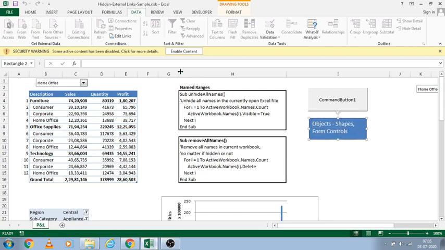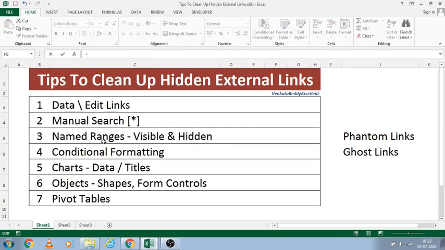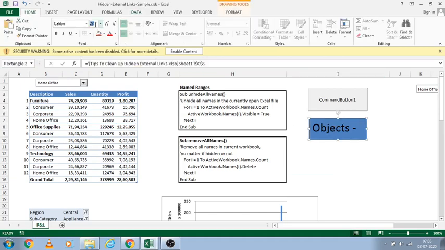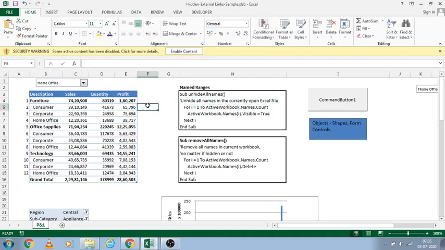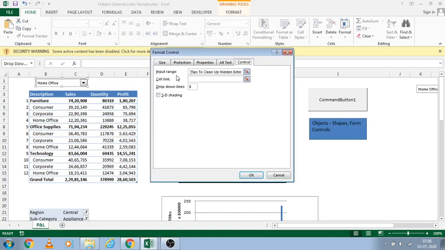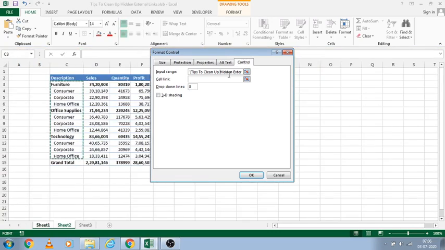For example, the link was given like this. In this form control, I have given links to an external file. The input range has been taken from the other file.